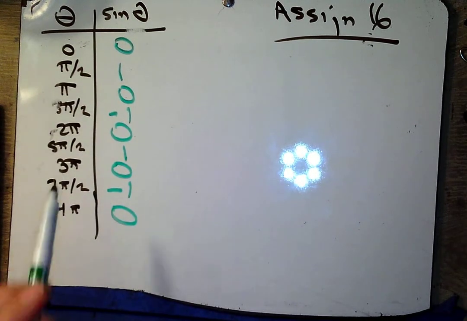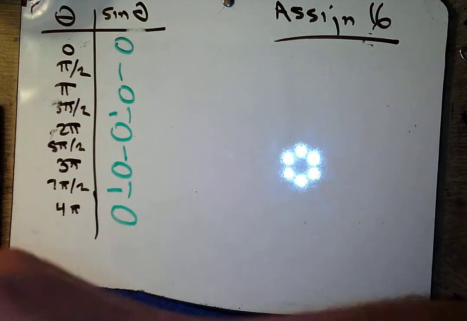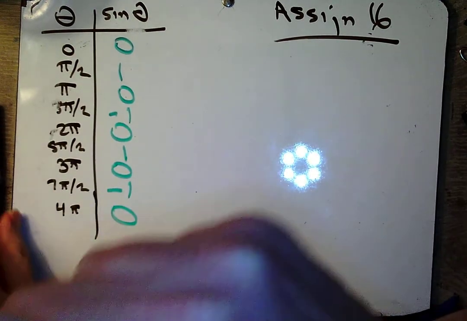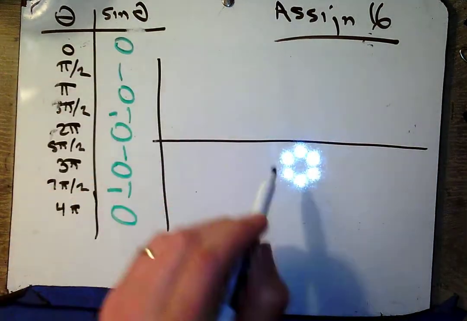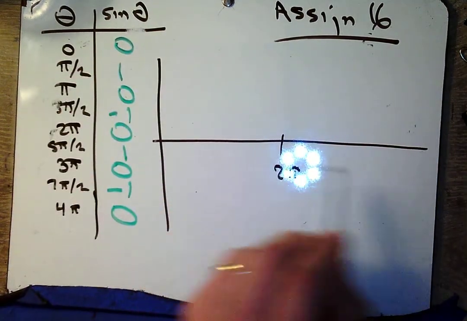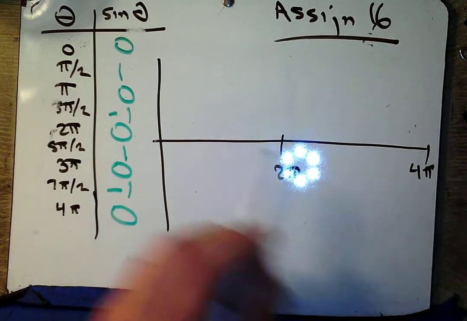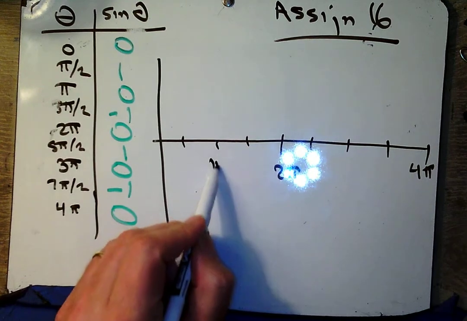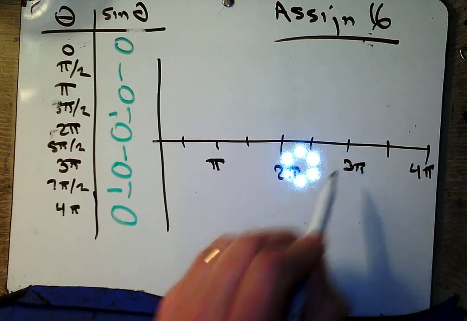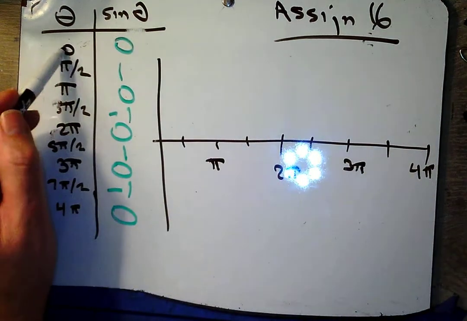Now, what am I going to do with this? Well, let's take a look at graphing this information. So we've got 2 pi and 4 pi, pi, 3 pi. Okay, so 0, 0,